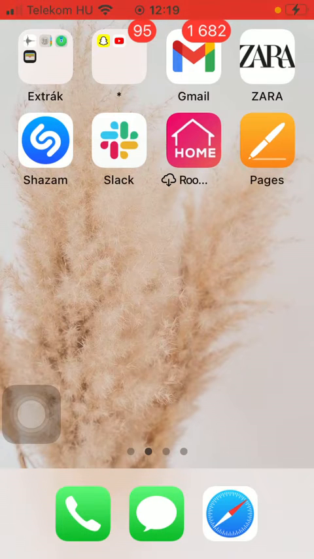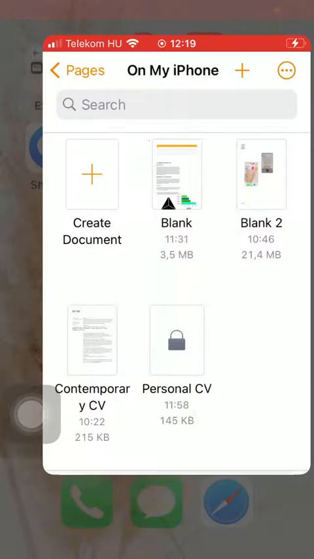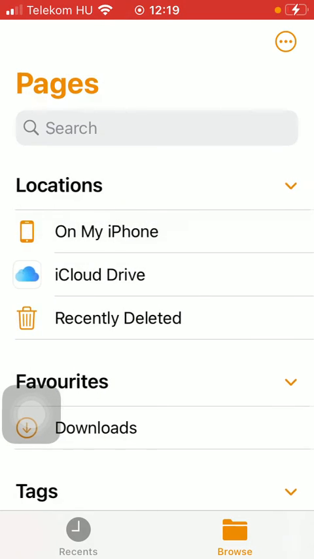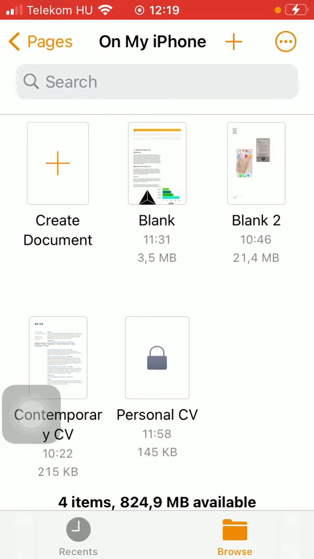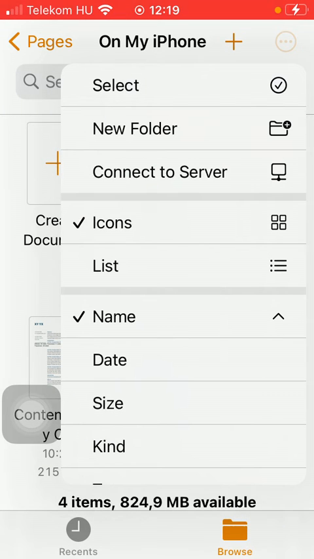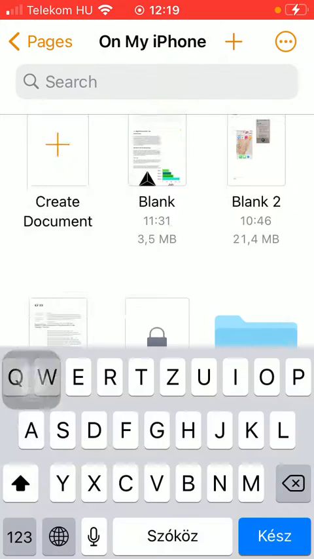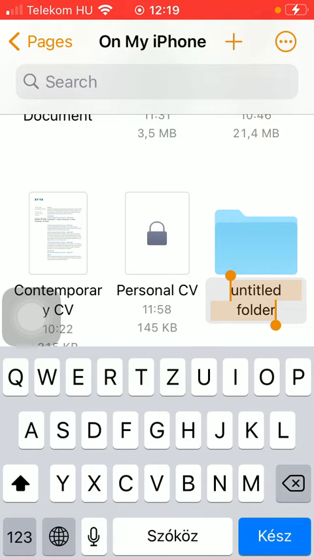First of all, open the application on your phone. Tap on the browse icon down below and click on my phone. Here you should tap on the three dots icon in the upper right corner of the screen and tap on new folder. Now type in